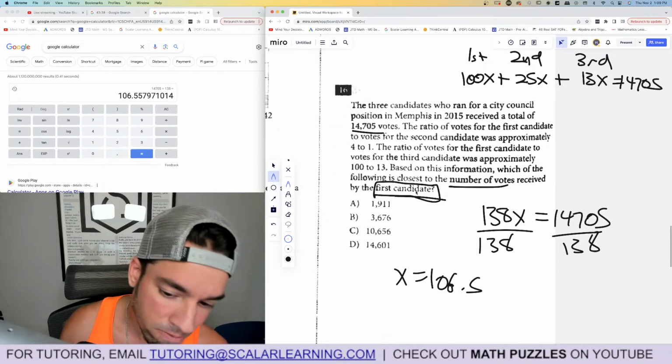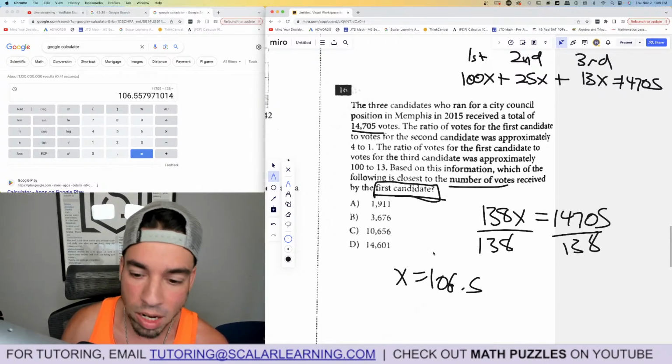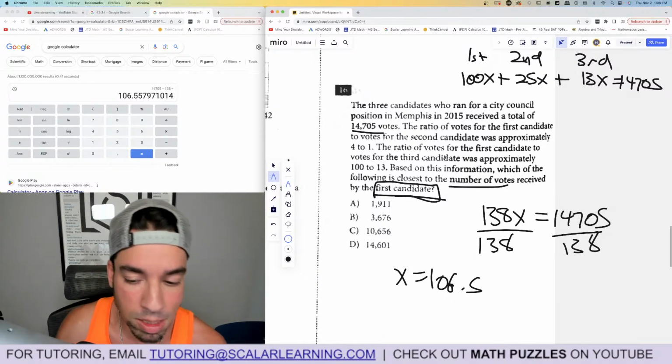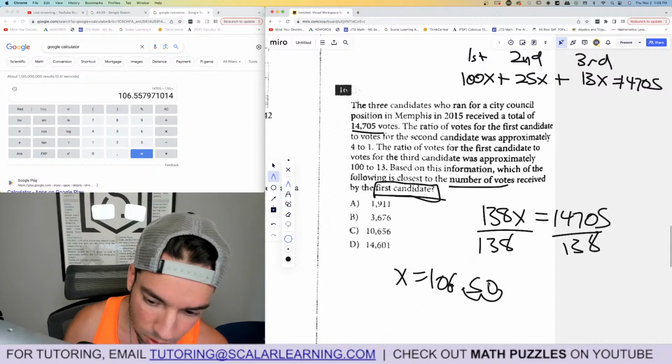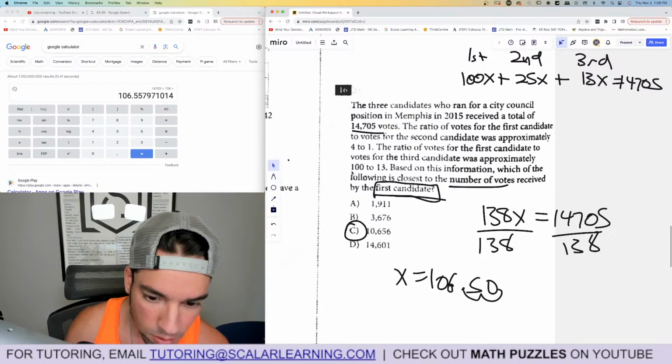Number of votes received by the first candidate. So what's the first? 100X. See, I refer back to that amazing table that we created. So 100 times this, we just move the decimal over. Boom, boom. So it's 10,650 approximately. C is the winner. Boom, done. All right,